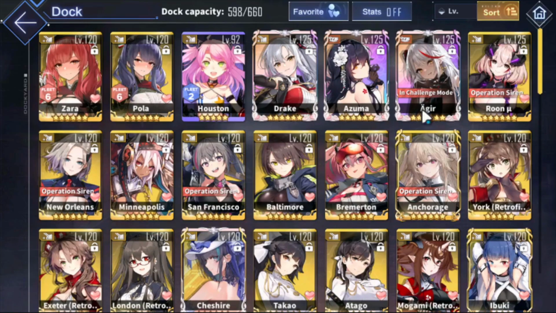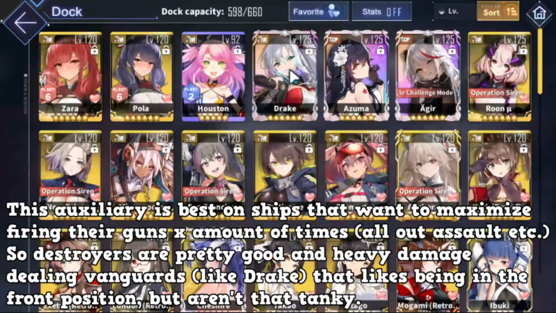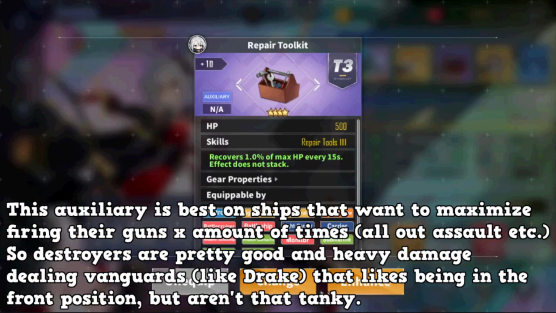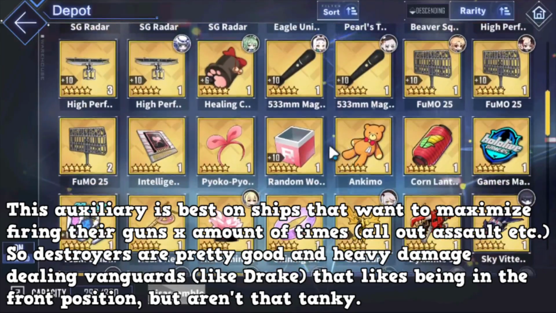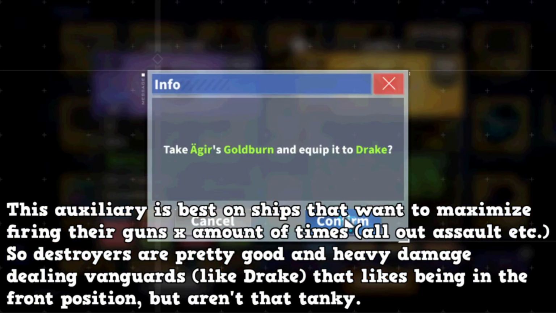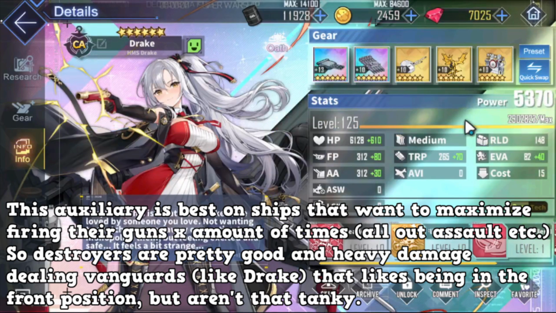So if you're kicking out all the large cruisers out of the way, Rune Moo's already pretty tanky, so I wouldn't slot it onto her. Drake is okay tanking this, honestly. If I were to do this, it would probably be a good fit on Drake because Drake already does an immense amount of damage. However, she's not that tanky. She's not that tanky, but she would benefit a lot from this